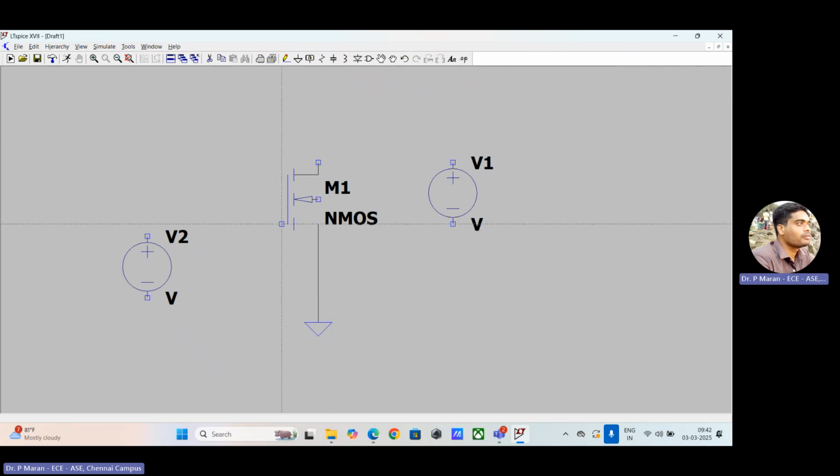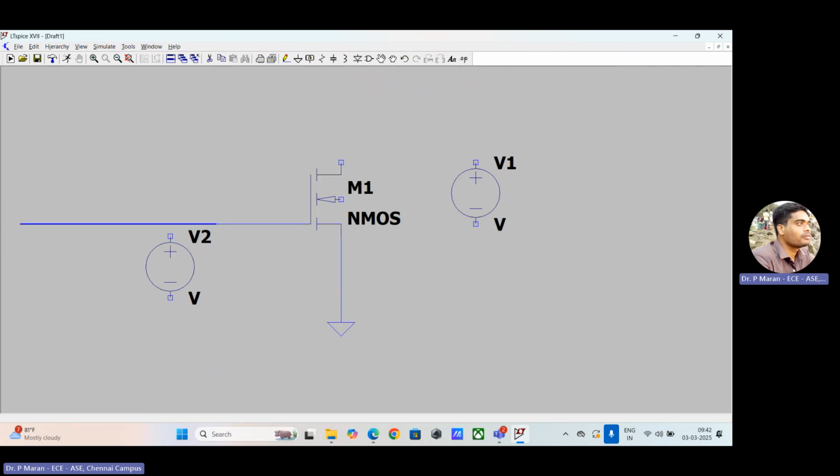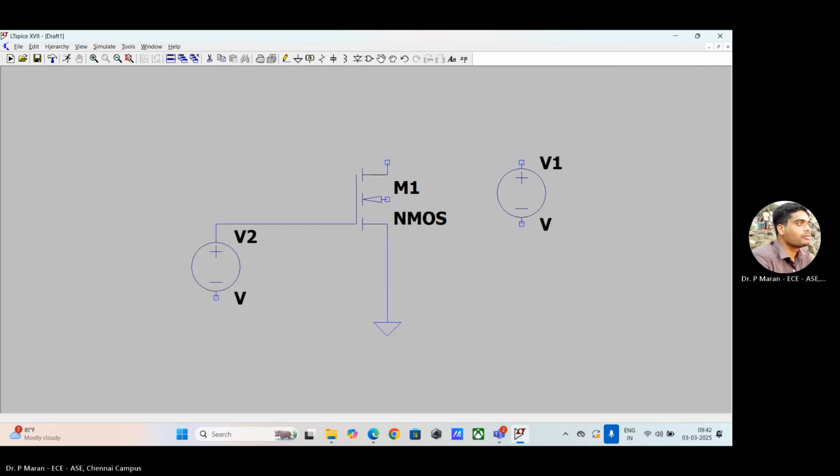For the gate voltage, I'm just moving the mouse. Till now I did not make any press on my mouse. I'm clicking at that particular point. I'm moving the mouse and I'm pressing on the next terminal wherever I want to connect. The connection is done like in that manner. So press here,